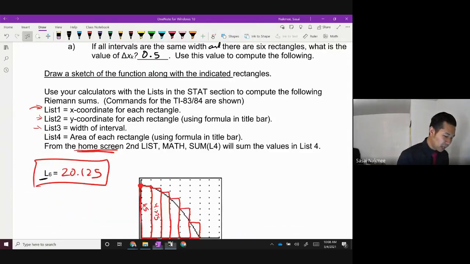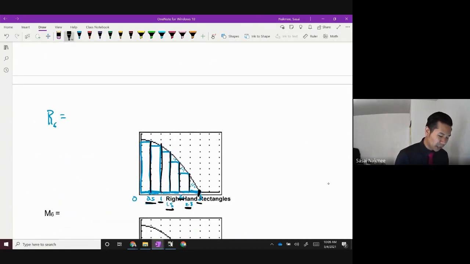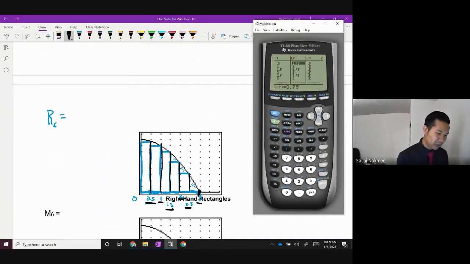We already know, though, that at 3, it's going to equal 0 because you can kind of see it right there, right? But now we can guarantee it. It's 9 minus 3 squared, and that's just going to come out as 0. All the differences on here are going to be by 0.5s, which is already done for me. I'm going to go to L4 and calculate the areas here. Again, I'm just going to go to the very top, let this equal every number that's in L2, and have that multiply by every number that's in L3. Press enter, bam, those are all the areas of each of these little rectangles right here.